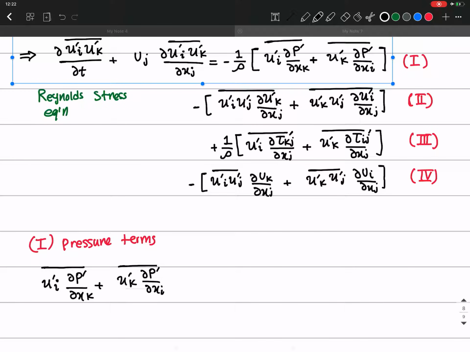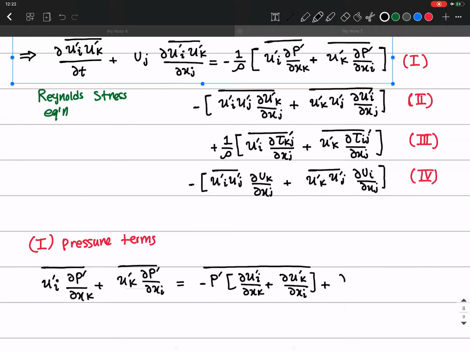Okay, so now I can use again that relation in calculus for the derivative of multiplication. So it's going to be minus p prime, partial u prime i over partial xk plus partial u prime k over partial xi bar